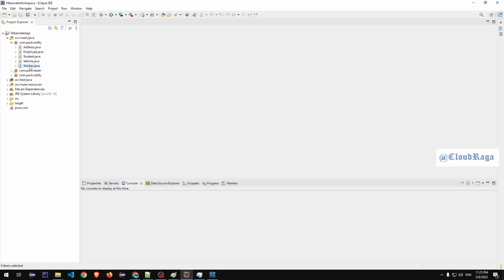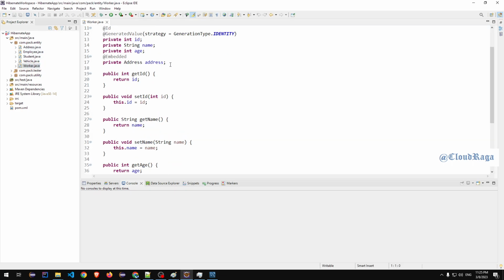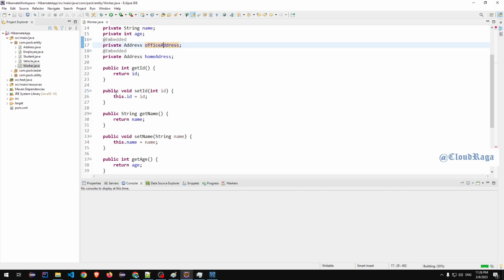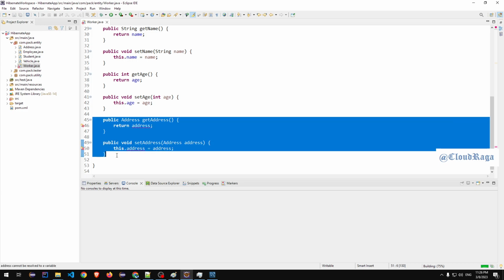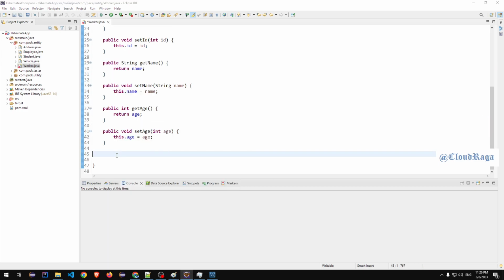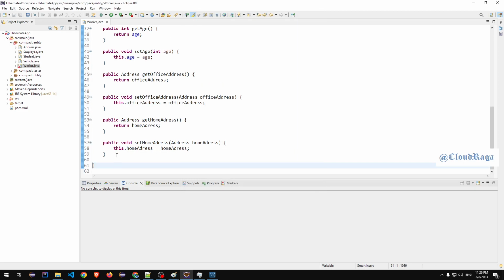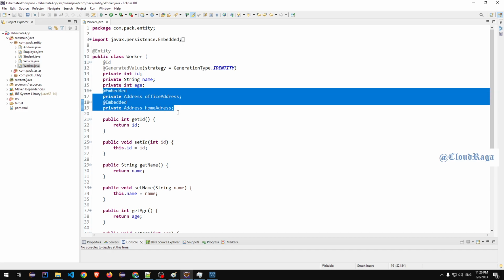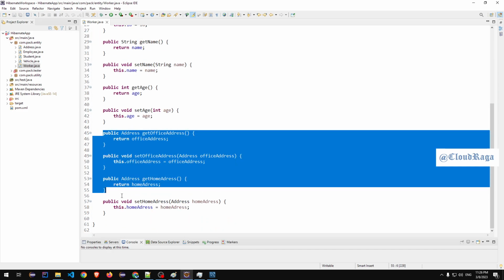Let's say Worker. Let's copy this and I'm just redesigning it. Let's call this home address, and let's call this office address, and accordingly we will generate getters and setters for the address fields. Okay, so our class is ready with two embedded objects, office address and home address, and accordingly we have generated